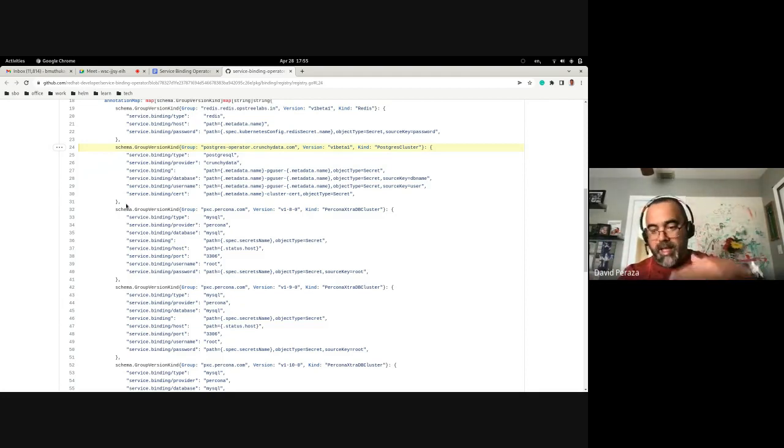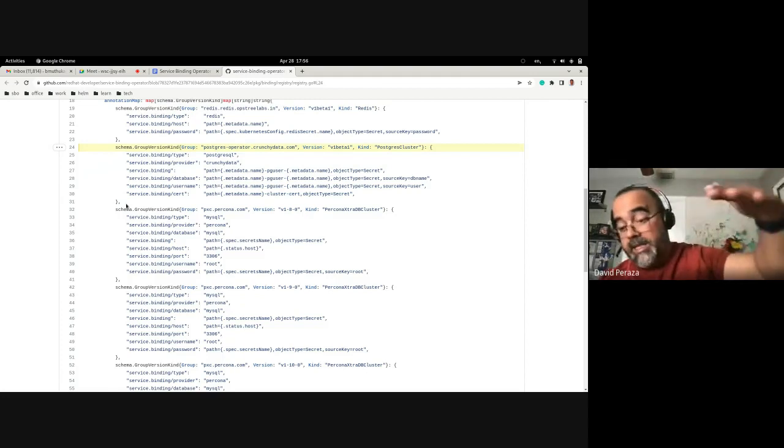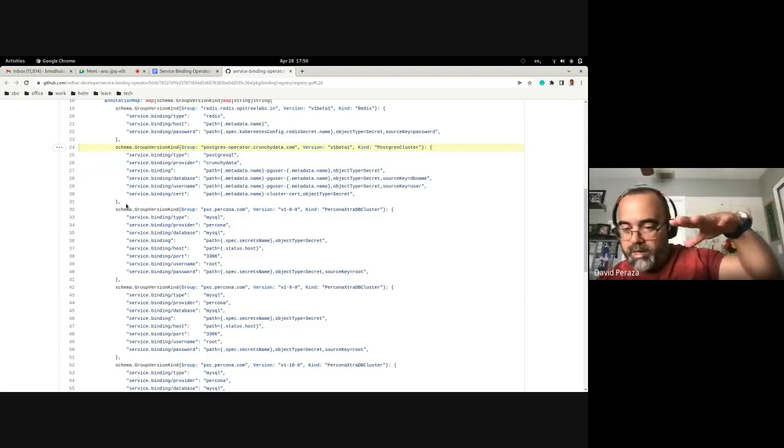So I think we're missing a feature in terms of what's the data that's going to be bound. Developers only find out now, after it's already bound, and then they can start saying, oh, this is the data that I need to use, right? So we need to find a way to tell them ahead of time this is the data that will be bound. So I've been thinking of a way to say,